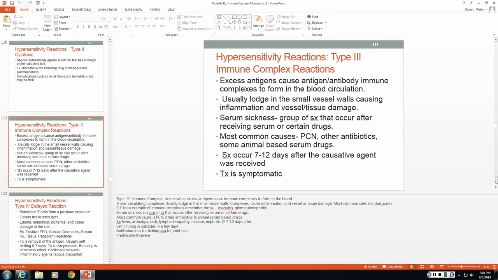Type 3 is going to be an immune complex reaction. Now, this occurs when excess antigens cause immune complexes to form in the blood. These circulating complexes usually lodge in the small vessel walls. So your complexes cause inflammation in vessel or tissue damage. The most common sites are the skin, the joints,